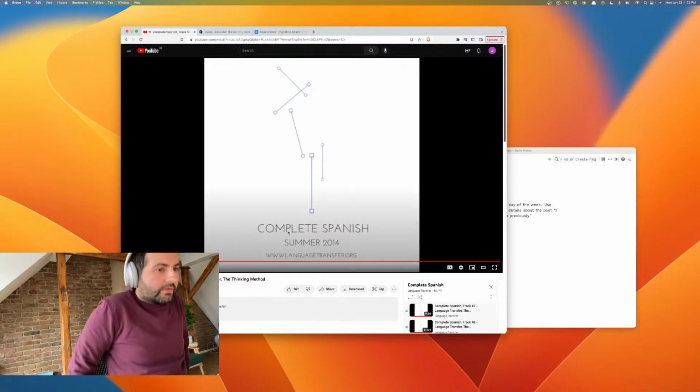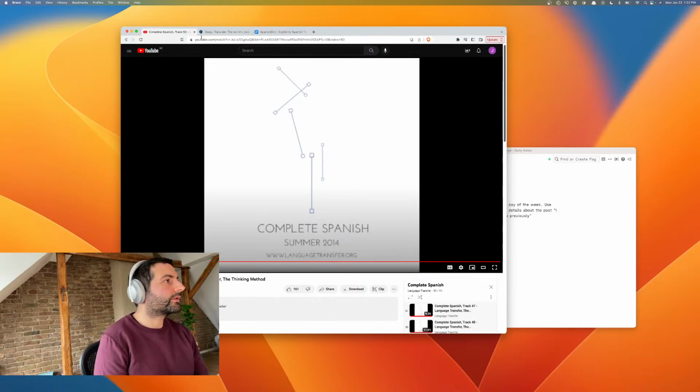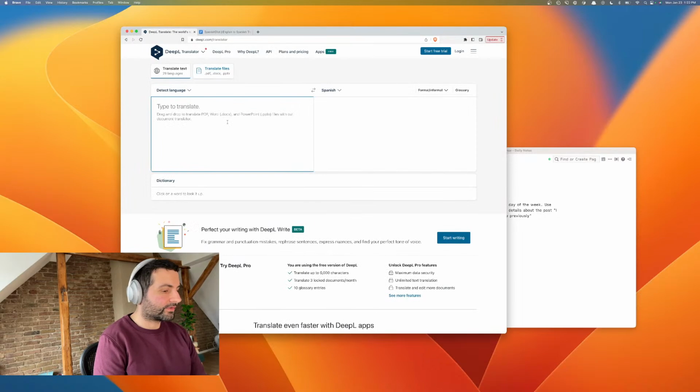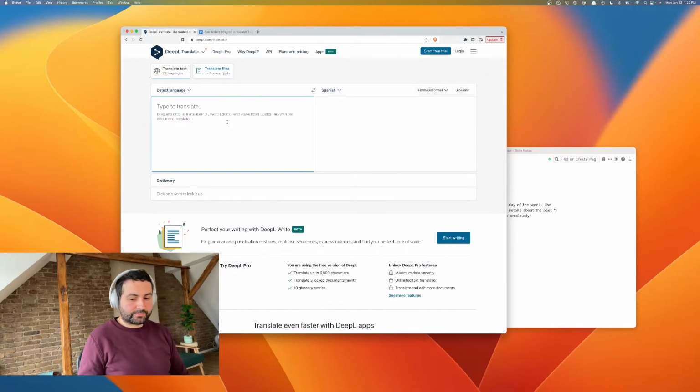Okay. Done with language transfer for today. Glad I'm up to lesson 50, track 50. Now I'm just going to read through what I've written so far